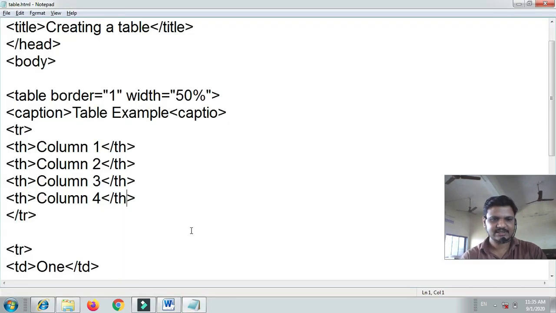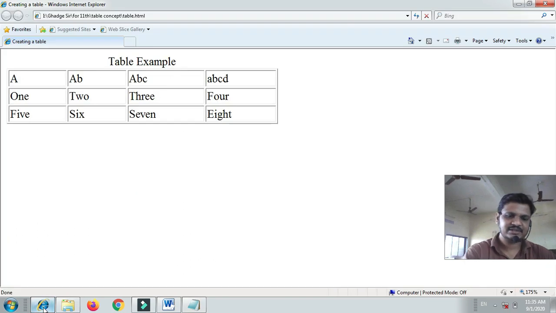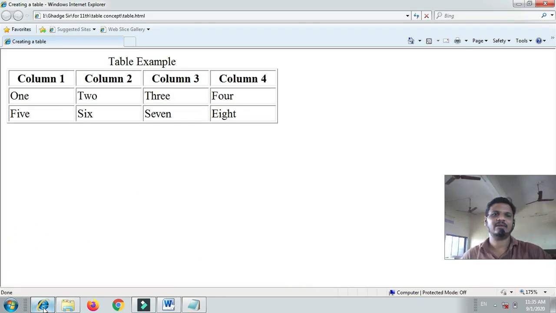If I save this and refresh using F5, then see what we get. Column 1, column 2, column 3, column 4. See, th has inbuilt bold behavior, and it shows center alignment in the particular cell.